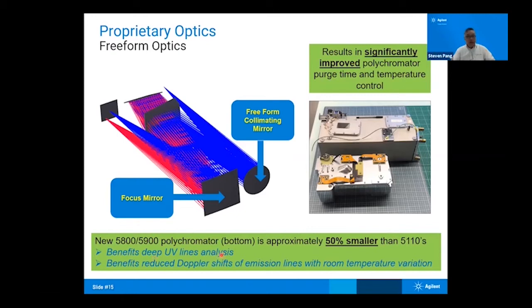benefits for deep UV lines, because then you don't have to purge so long to run those wavelengths that are below 190 nanometer. And it also benefits from reduced drift in the emission of light as your room temperature varies. Our polychromators are actually thermostated to